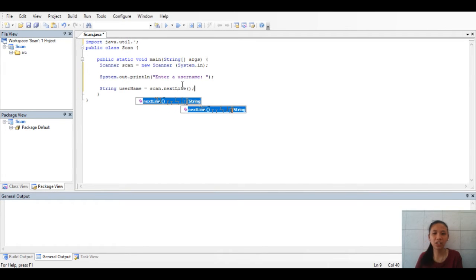Scan that next line represents a string value from the user. And then the string, that username. We put string on the first part of the statement for a reason: the holder username contains a string data type. And then lastly, we will put another system.out